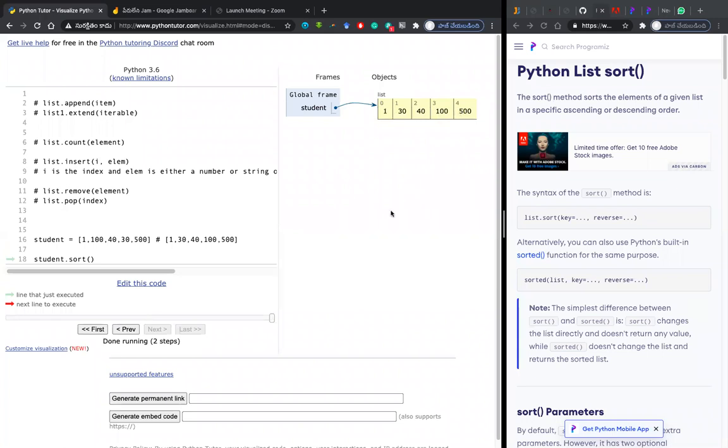So remember, the sorting algorithms are many, right? But each algorithm has its own process of sorting. Some algorithms might take a few minutes, for example, 5 minutes to sort. Some algorithms might take 1 minute to sort. Some algorithms might take 30 seconds to sort. Each one is better than the other.